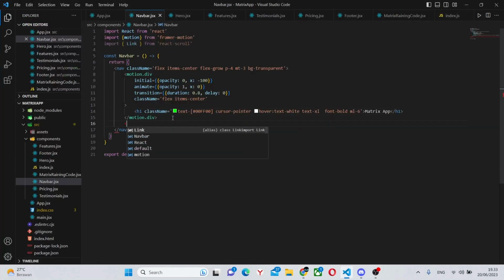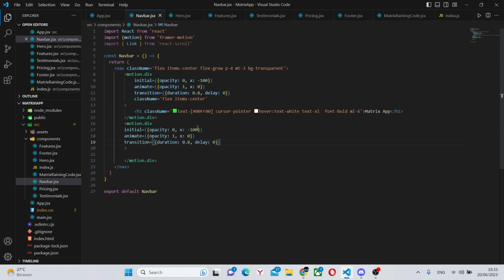Under this motion div, we can create another motion.div. The animation for this one is going to be very similar to the previous one, so we can simply copy it and change only one detail. This is going to be -50. And this is going to be y, and this is also going to be y instead of x. Otherwise, the animation should be the same.